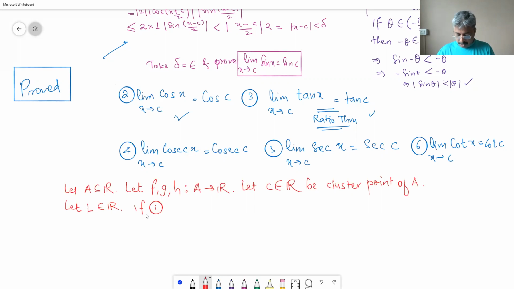If 1, for every x belonging to A, f of x is less than g of x is less than h of x, and